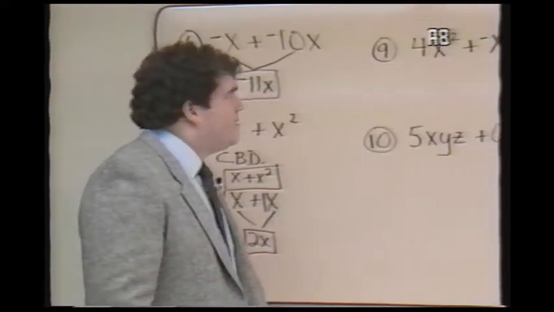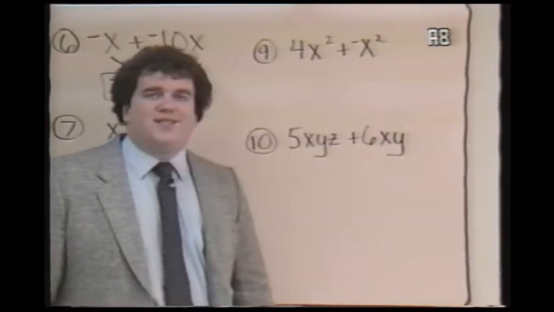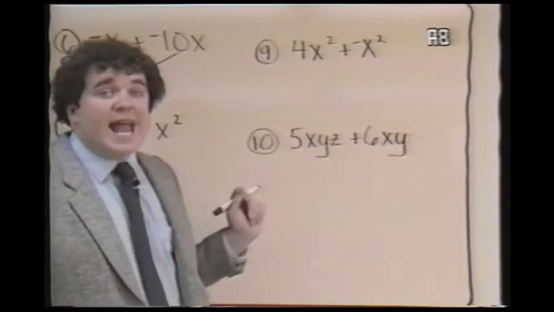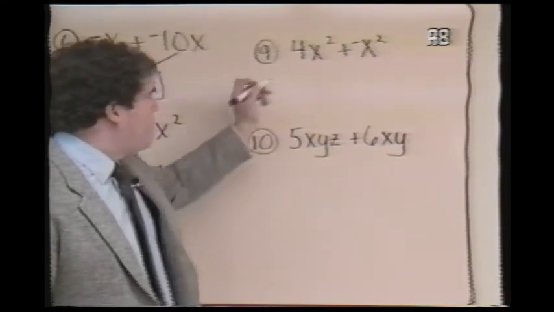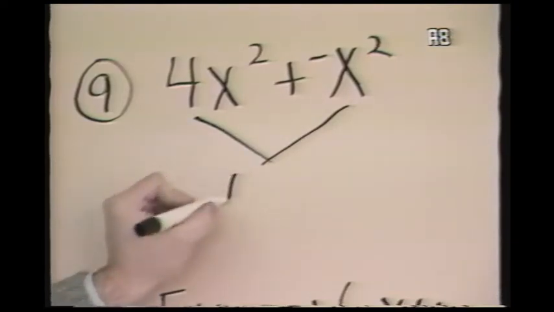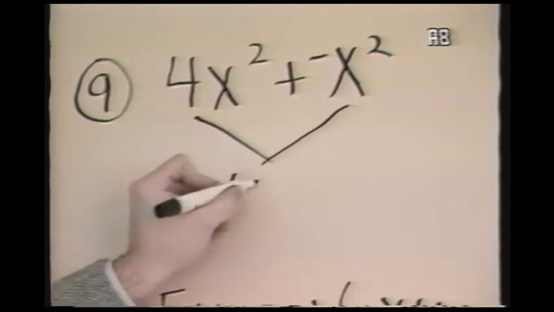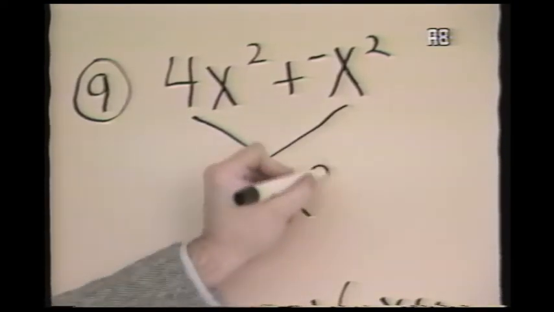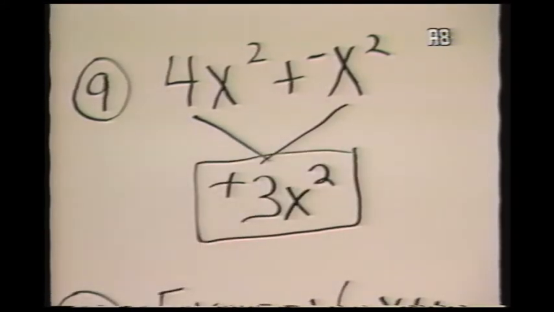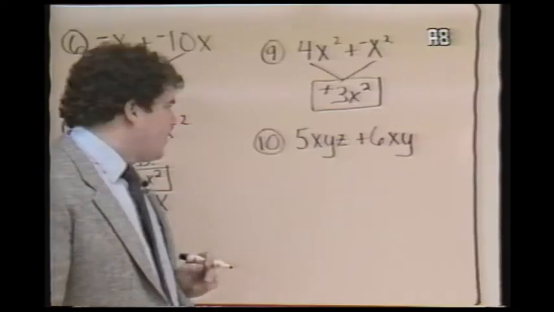Problem number 9. 4x squared plus negative x squared. That's the same as negative 1x squared. So combining these, my answer will be positive. 4 minus 1 is 3, and I will get 3x squared. 4x squared plus negative x squared is 3x squared. And finally,